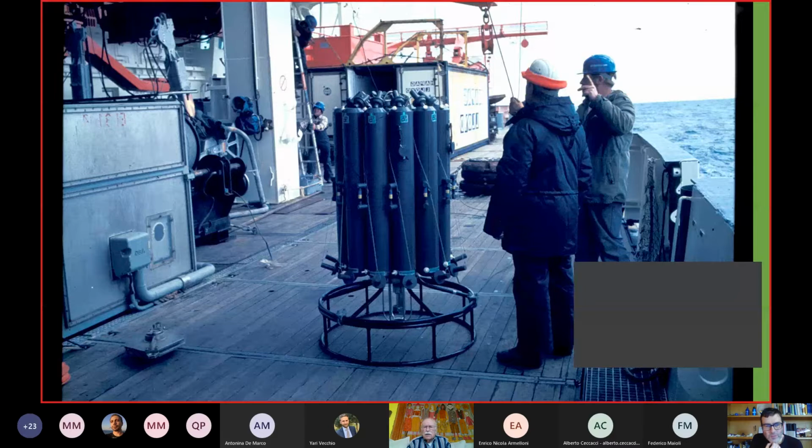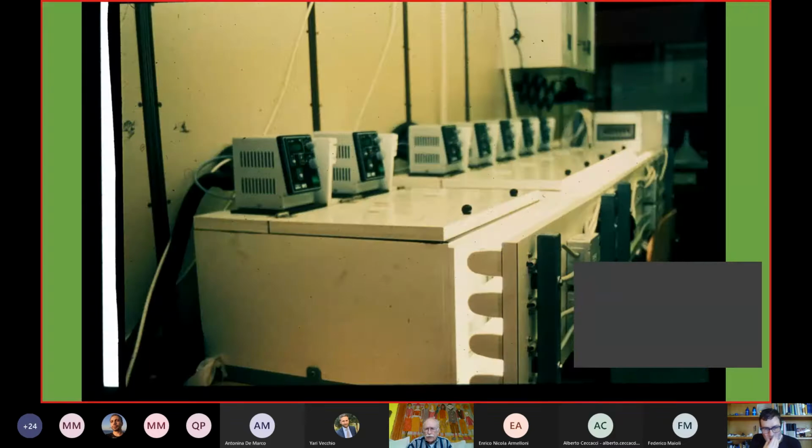Here we see the major method to study the rates of photosynthesis in the marine environment at different depths. The system is called the rosette, and it's really cylinders. We submerge them and we close them from a computer on board of the ship, each of them at the different depths. So we have a series of samples of water with the algae at different depths, and the next thing, we add to all of them the carbon-14.